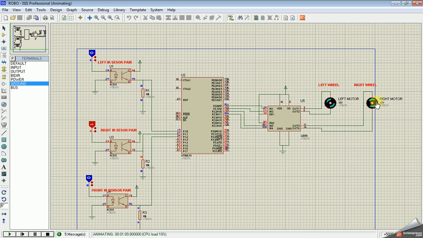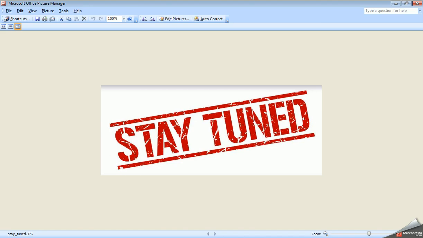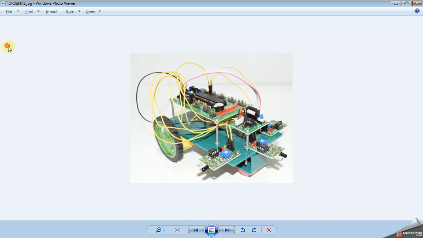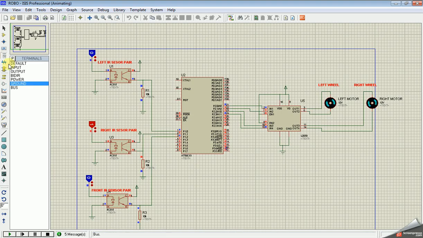That means whenever there is an obstacle at right, it is moving in the left direction. Now the obstacle at the right side is removed, and the robot starts moving forward again.